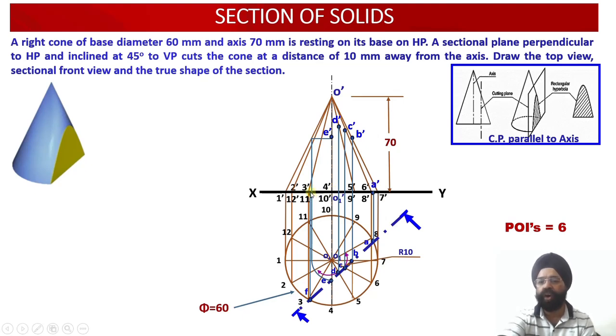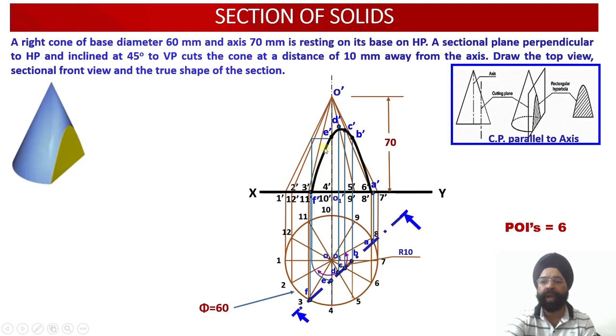Just see, all the 6 points have been located in the front view, and we very well know by now, in case any cylinder is cut or in case any cone is cut, POIs will be joined with the help of a freehand curve. So the freehand curve passes through A dash, B dash, C dash, D dash, E dash and F dash. 6 points we do have. So this is the front view of the